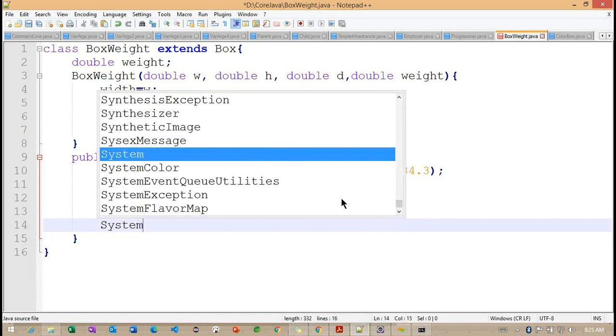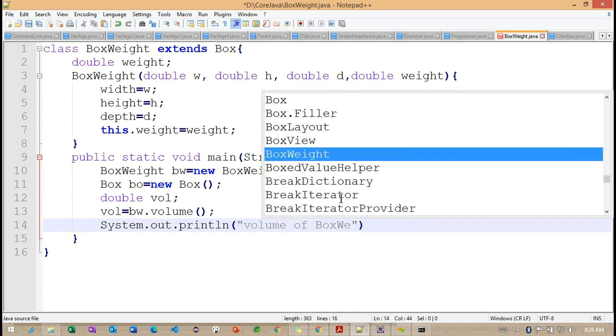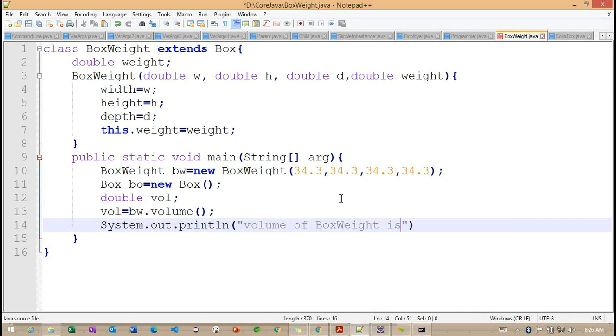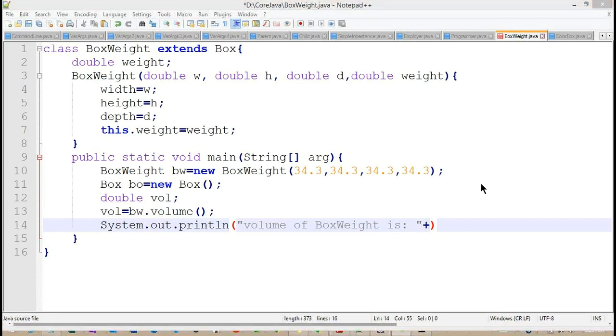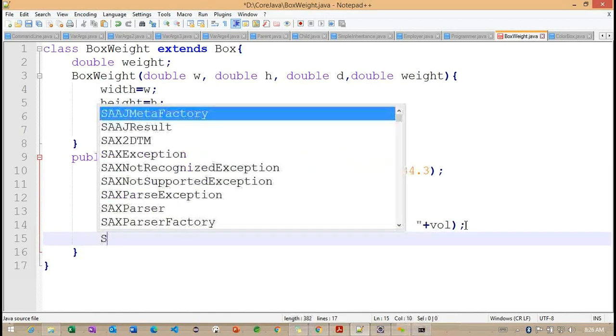And System.out.println, volume of box weight here, vol.